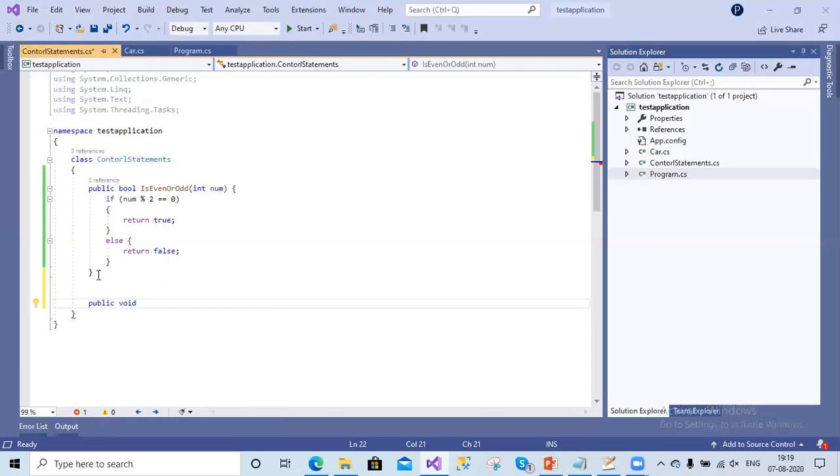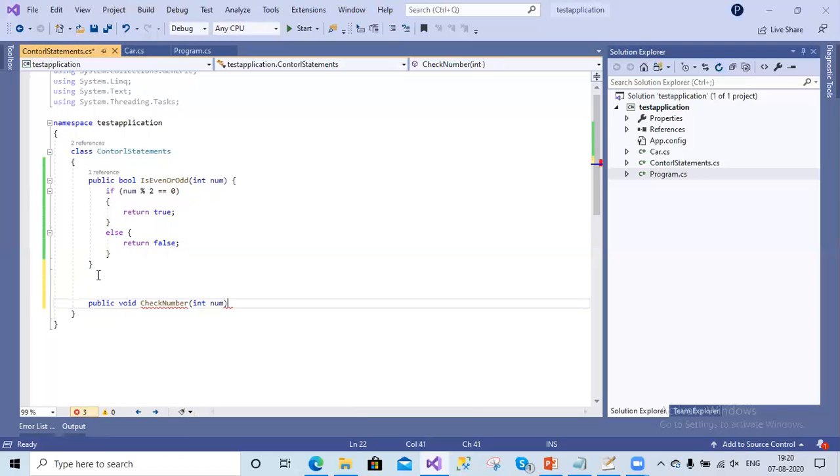Let us pass one more number here as an input, and inside this, we will write some switch statement.